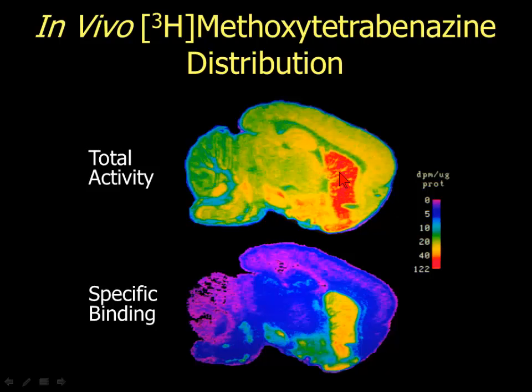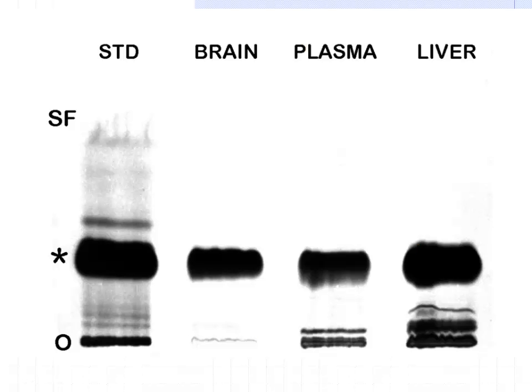And if you take the adjacent section to this and wash it in saline to remove unbound activity, there's very intense retention of activity in the striatum. You can even see the substantia nigra here, and the locus ceruleus as well in the pons. With regards to the nature of radioactivity after injecting systemically, virtually all of the activity in the brain is the authentic radiotracer, so there's no evidence of labeled metabolites, whereas in the blood and in the liver, the drug is